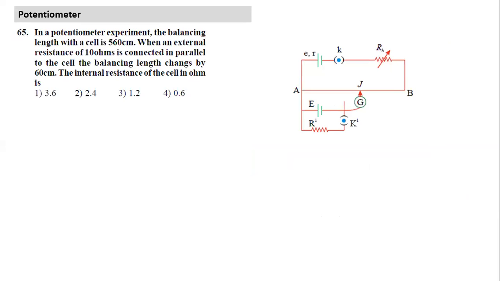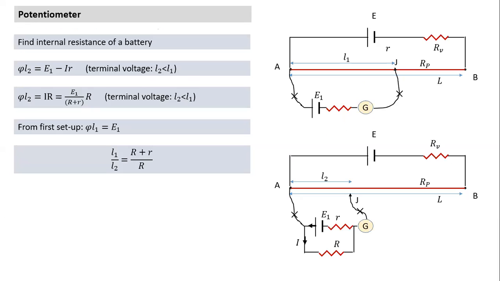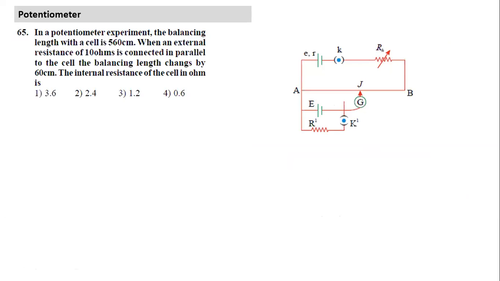But okay, let's look at this. This was the question. Let me solve this question now. What we will keep in mind is, what are the two balancing lengths here? This is the setup here. This setup is the balancing length corresponding to the battery alone connected. This length is measured with a known shunt. We connect known R in parallel to the battery, and then we obtain this resistance. This is capital R plus small r divided by capital R, small r being the internal resistance and R being the known resistance. I hope all of you understood where it comes from.